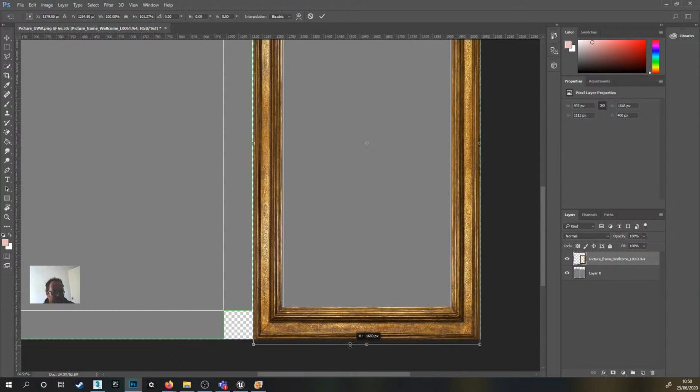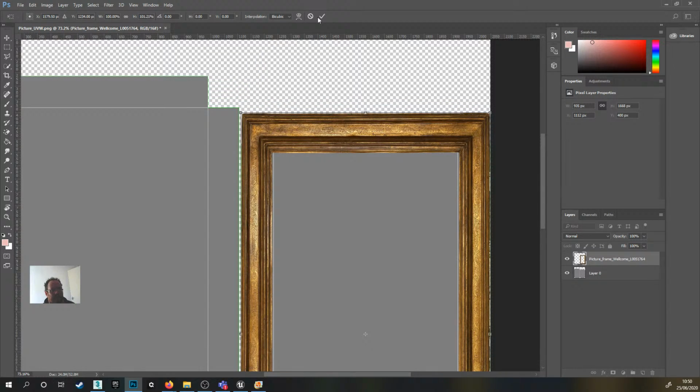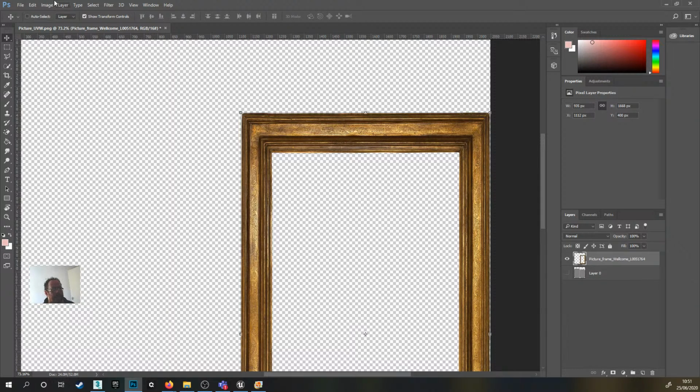I might have to go in and change it. We'll have to see how we go. See how good or terrible that looks. Okay, so I'll click confirm, and then I'll hide the underneath layer, and then what I'll do is I'll click